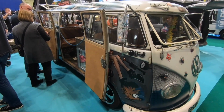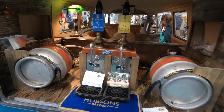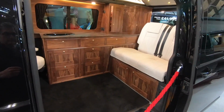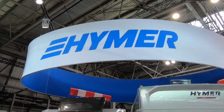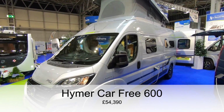I know my way around a classic VW Type 2, you know, the bay windows or the split screen campers. And I just wanted to find out what the modern equivalent was like and find out why these campers are so popular. In this video we'll be looking at Hymer. This is the Hymer Car Free 600 at